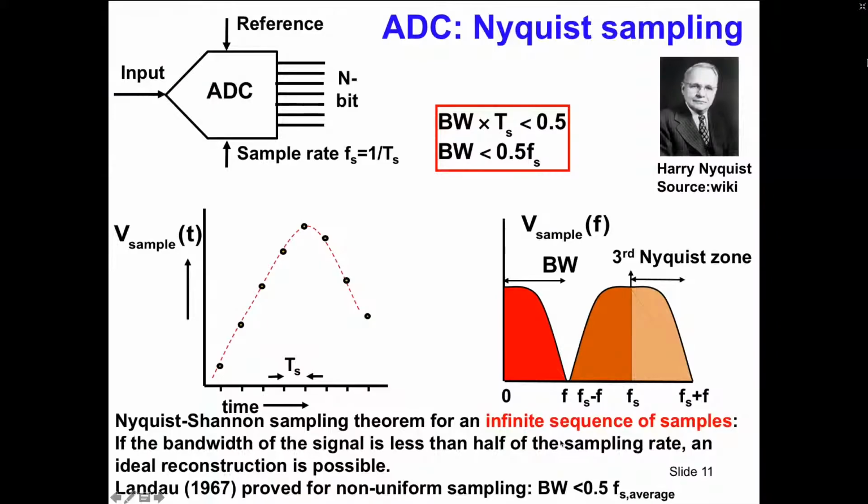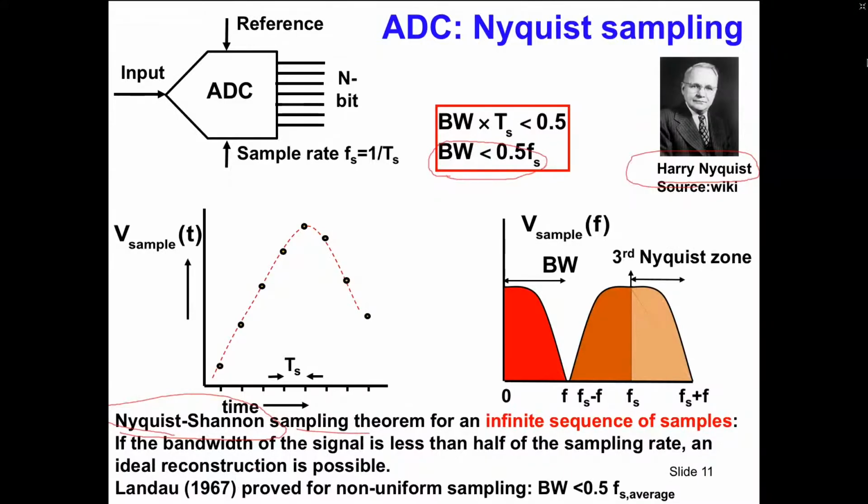Well, I guess everybody is familiar with the so-called Nyquist theorem. Mr. Harry Nyquist over here was an engineer from Bell Labs, and via a little bit strange path, he became the name bearer of the Nyquist-Shannon sampling theorem, which basically says that if you take samples from an analog signal, from a time-continuous signal, then you need to make sure that the bandwidth of that signal is smaller than half of the sampling rate, because in that case you can always reconstruct.